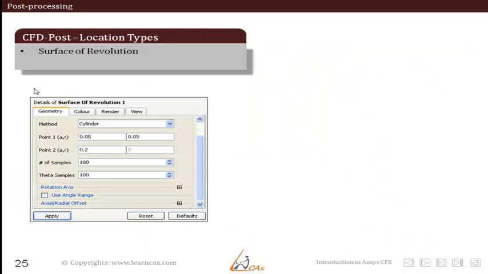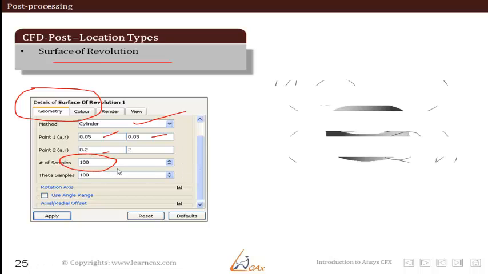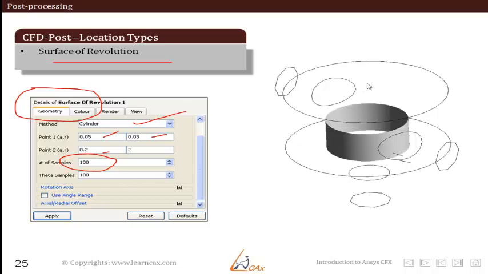Next entity we are going to study is surface of revolution. In that, again, when we click on the icon of surface of revolution, we have the geometry tab as the first tab in the dialog box. Here we are selecting cylinder as the method. We are defining points of the cylinder and the number of samples which are to be included in the surface of revolution. What it does is that it will create a surface of revolution along